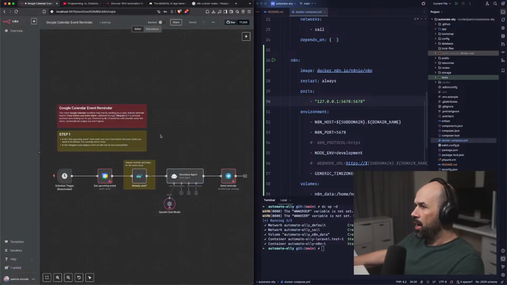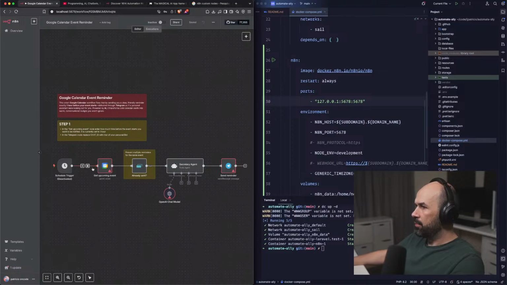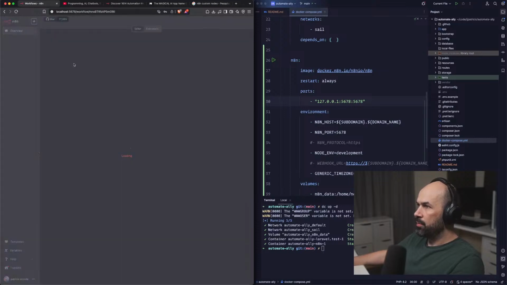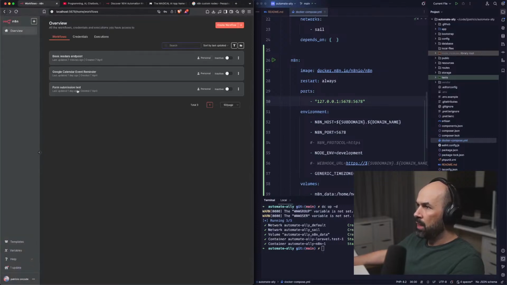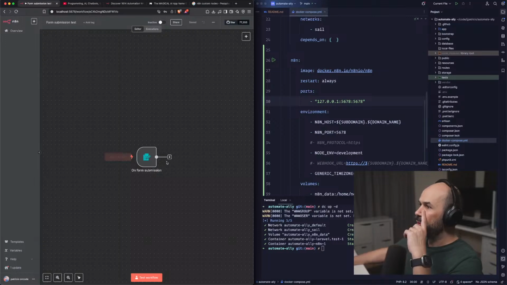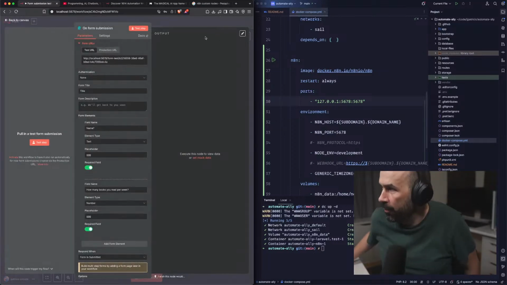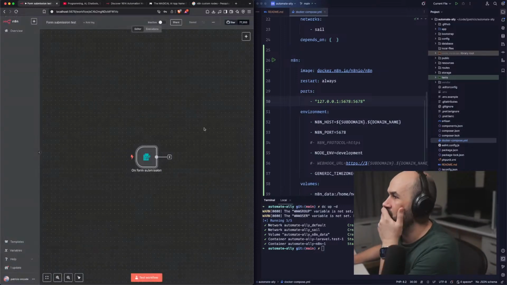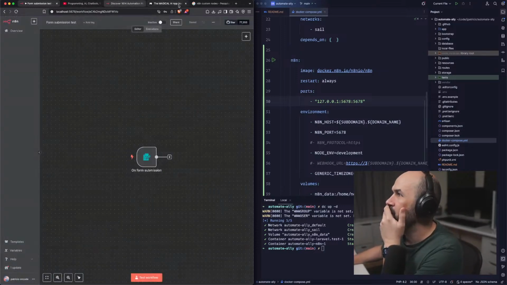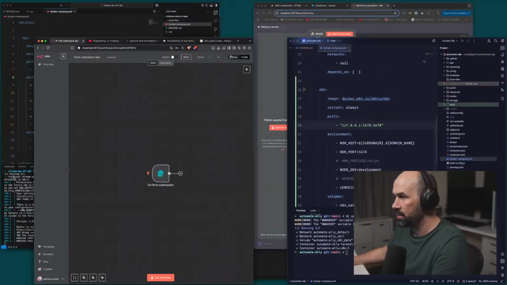This is a reminder for a Google Calendar with a schedule trigger, which is deactivated. We might revisit. Let's show. Oh, and we have a form submission. We were even making a form. This is great. Let's continue.